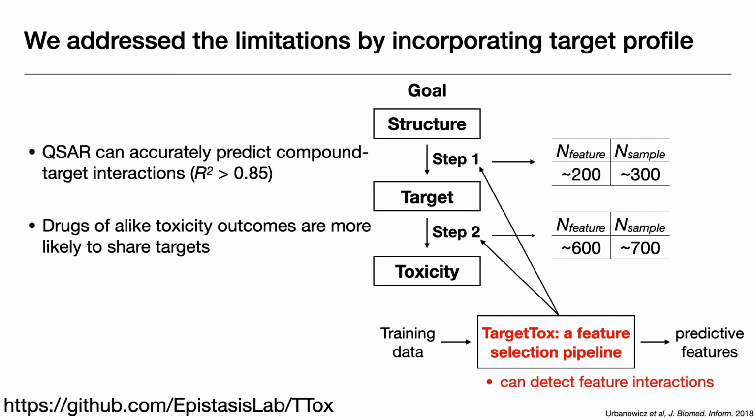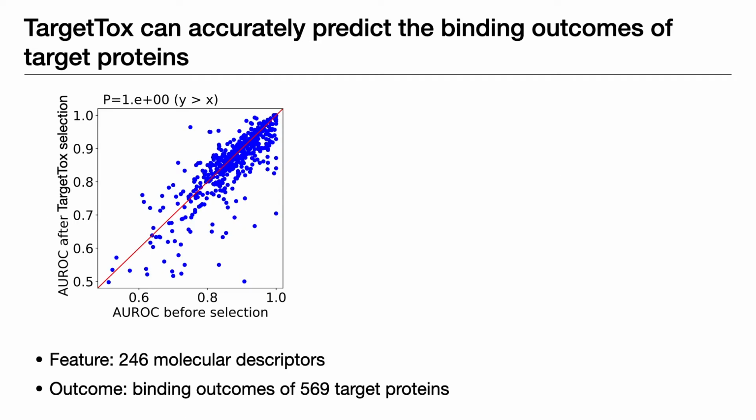A key advantage of TargetTox is it can detect and preserve feature interactions during its selection process. And interactions can be quite prevalent among our chemical or target features. So in step 1, we implement TargetTox to identify molecular descriptors that are predictive of binding to 569 target proteins. As you can see from the scatter plot, where each point represents model performance for a single target, using only the predictive descriptors identified by TargetTox, we are able to achieve the same level of performance as using all